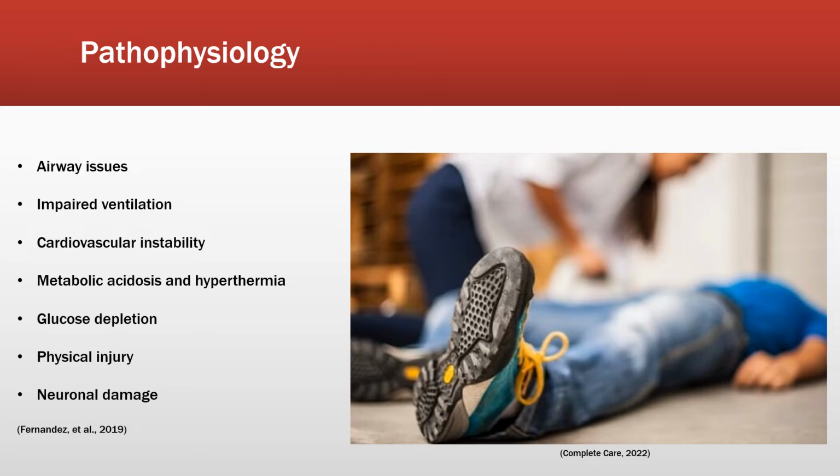And that will result in acidosis and hypothermia, which in turn further impedes the delivery of oxygen to the tissues, if you look at your oxyhemoglobin dissociation curve. Both blood glucose and glycogen stores may be depleted, resulting in hypoglycemia, and there may be even just physical injury associated with the violent convulsions. It's important to note that there is also damage caused to the neurons themselves by the repeated generation of action potentials, and that occurs independently of things like hypoxia or these other mechanisms that we've discussed here.